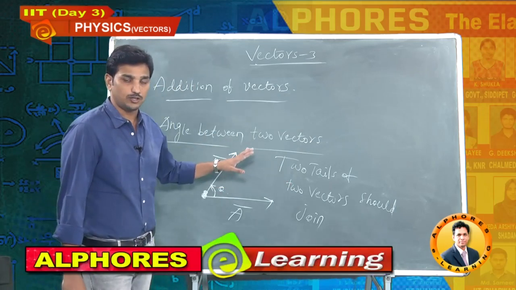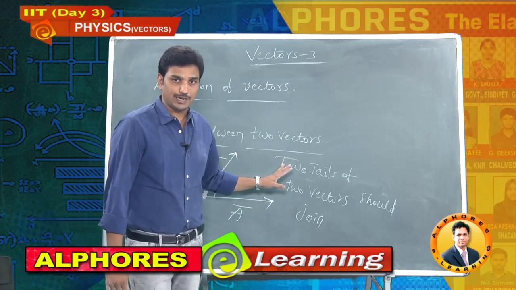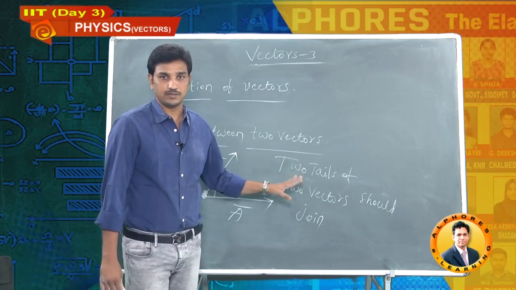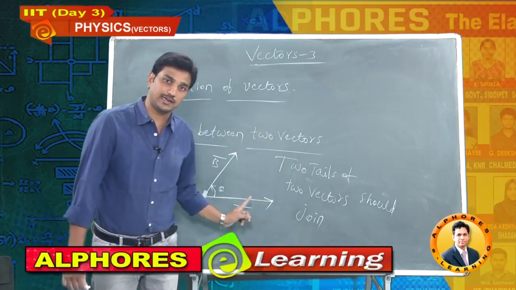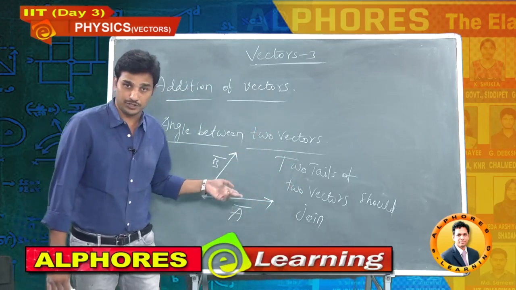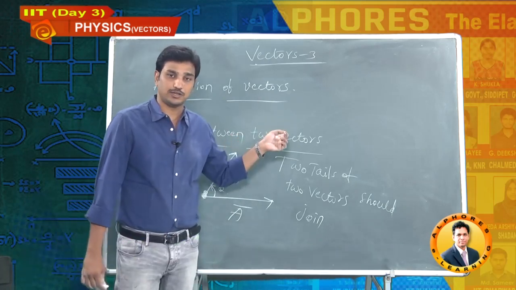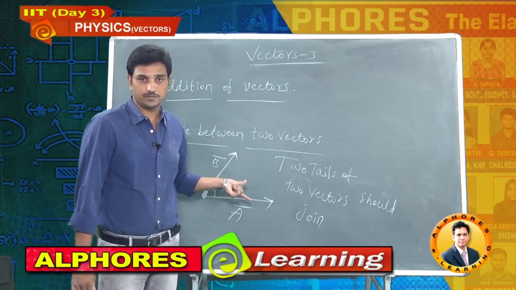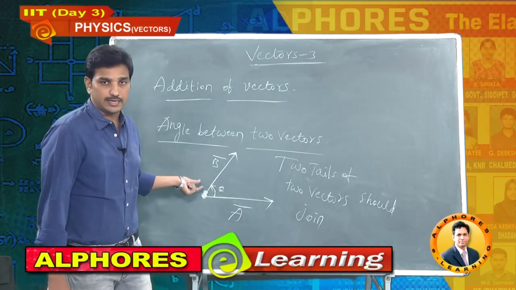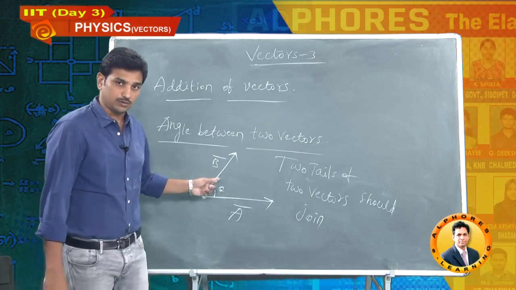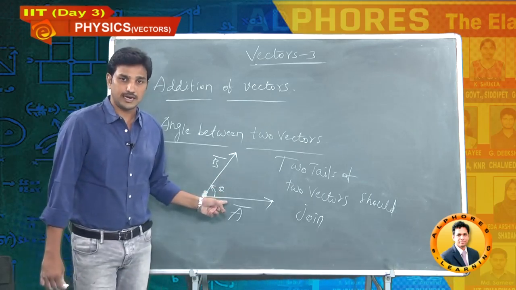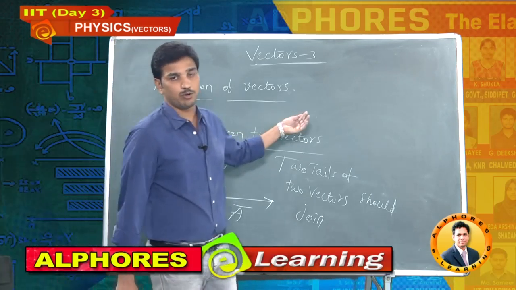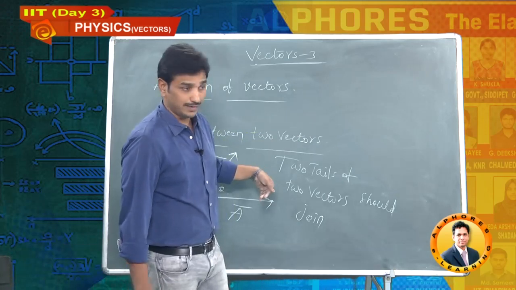In general, students make mistakes because of lack of confidence in the concept. Because of that, again and again I am telling you, addition is different, and observing the angle between two vectors is different. Addition is head should connect with the tail of the other vector. When you are observing the angle between the two vectors, join the tails of the two vectors and observe the angle between both of them, that is the angle between the two vectors. Now, I will give you some more examples depending on this angle between the vectors.